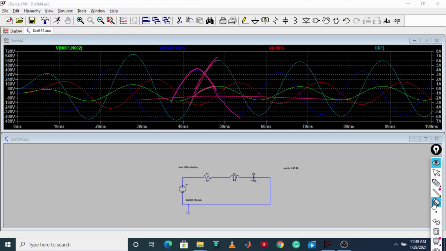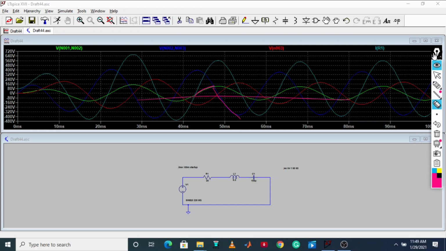Now let me draw with a different color. If I take the inductor, this is your inductor, and this is the starting point of the current. So the inductor is lagging. So here we have seen that the current in the inductor lags, and the current in the capacitor leads, and the current across the resistance voltage is the same. So this is all about the RLC circuit. Moreover, from here also we can find out the power factor that we will see in the